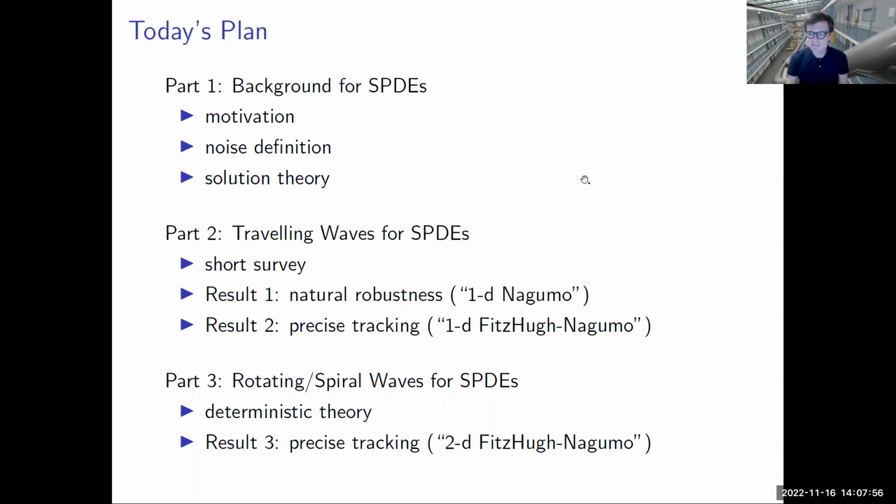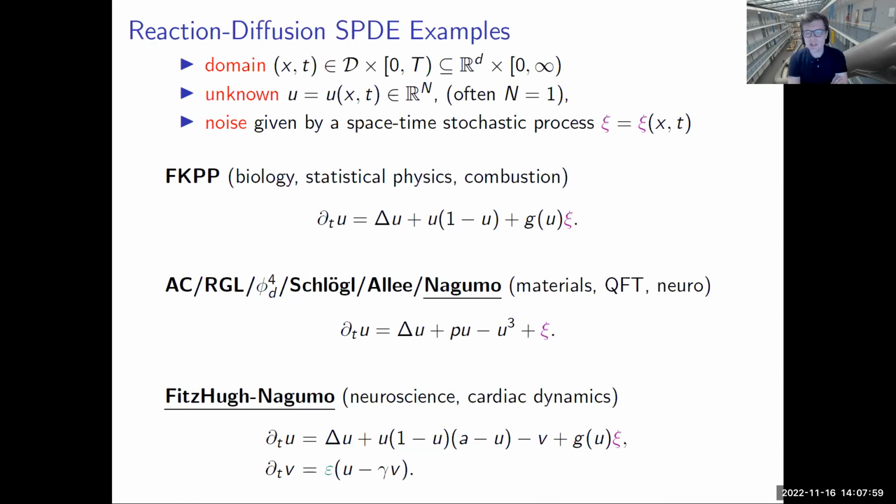All right, so let's get started. What's the motivation? The examples and the equations I'm mostly looking at are partial differential equations, and I will put them on a domain. It could be R^d, could be a bounded domain, but in most cases it will be some variant of R^d with d equal to 1 or 2. The unknown I will denote by u of x and t, and eventually I will also force these equations by a space-time stochastic process psi of x and t. I will specify that process on the next few slides, but you can think of it as just a noise process that is noisy and depends upon space x and time t.